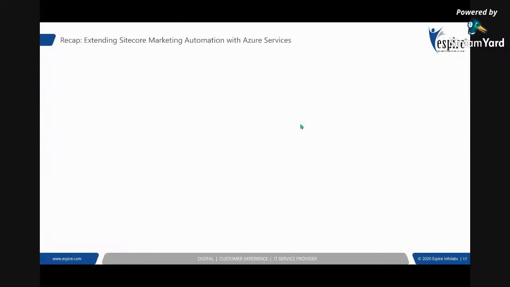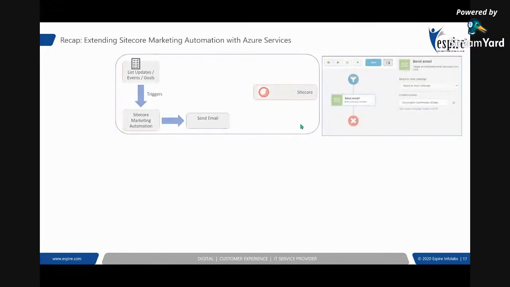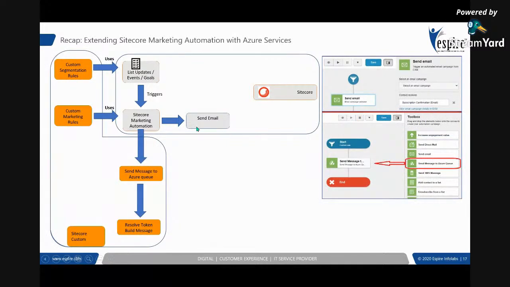Just a recap of the last session. We discussed Sitecore marketing automation. We can create multiple campaigns over there that can be triggered on lists, events, goals, and can perform actions like sending emails. Then we discussed what we have done custom. We have added more custom segmentation rules for lists. We have added the custom marketing rules. We added the custom functions. So this is all the custom work that we have done. And